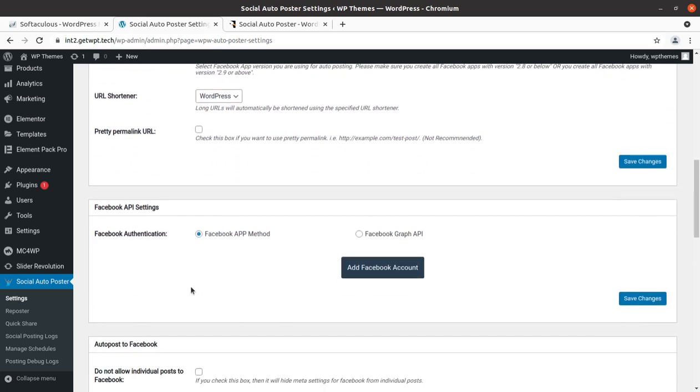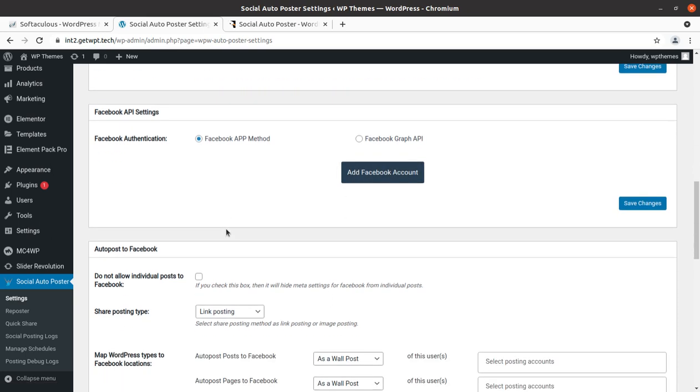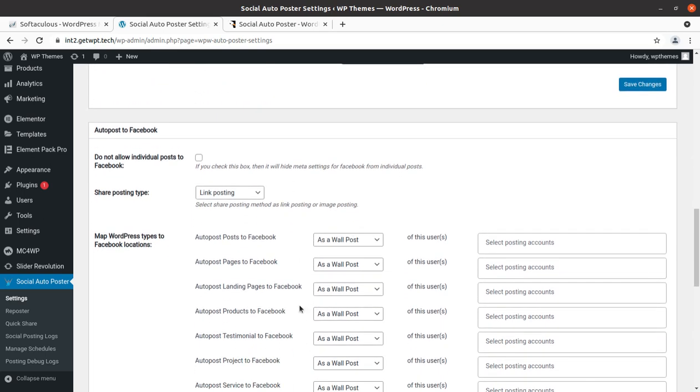So definitely you need to add your Facebook account here, and all social media accounts here, because without adding a social media account it will not work. There are two methods for adding a social media account: basically the Facebook PPP method and the Graph API method. All this can be done through the knowledge base articles available on the web. It is very simple. Just click on the button and it will tell you each and everything. Follow the on-screen instructions and you can do this. It is not so hard.